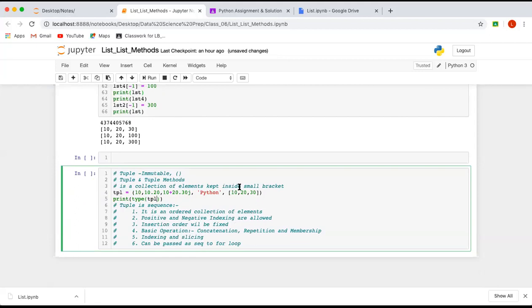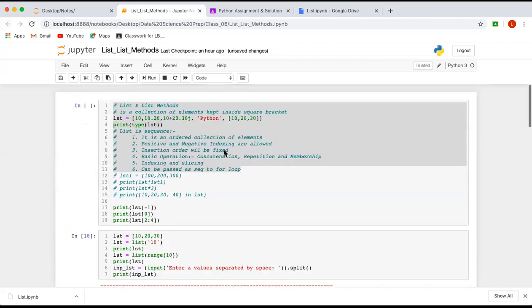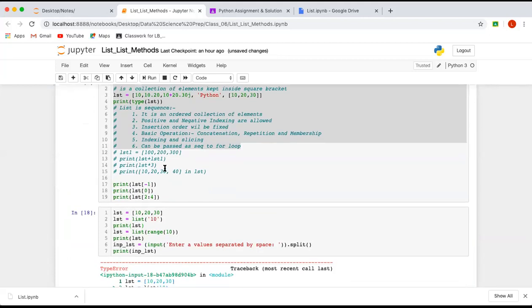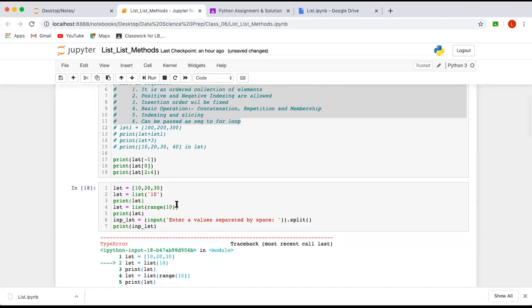You can have a list inside a tuple, that is not a problem, and all these things will be true in the case of tuple as well. Okay, the main thing is tuple is immutable. You need to remember this. Now the next part is concatenation, repetition, all things you can do, but if you do this operation, you are not making any modification to the existing tuple object, rather you are creating a new tuple object. You can do indexing and slicing, whatever operation you have done here.